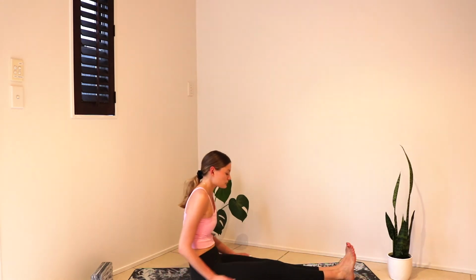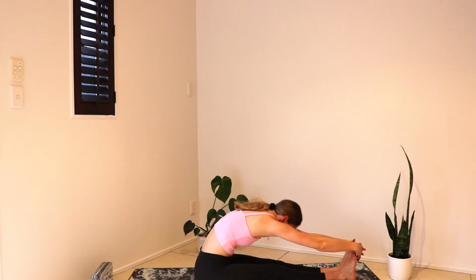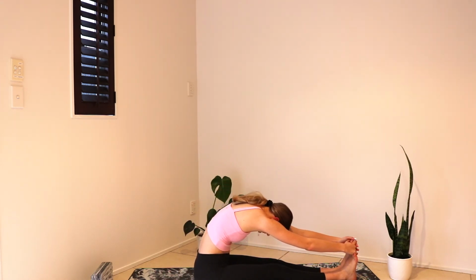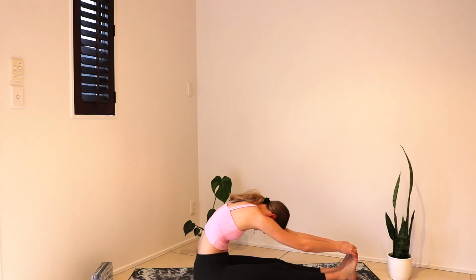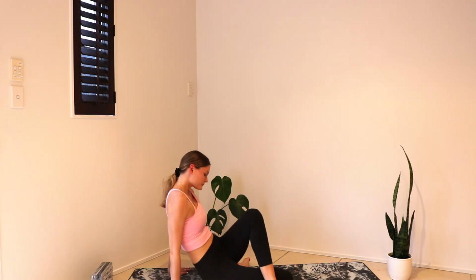Come into a right angle, engaging the core, bringing the hands above the head and taking a forward fold. Relaxing the muscles and feeling a complete release in the back. Releasing your hands, we'll take a pretzel twist on the other side, bending the left knee this time and taking